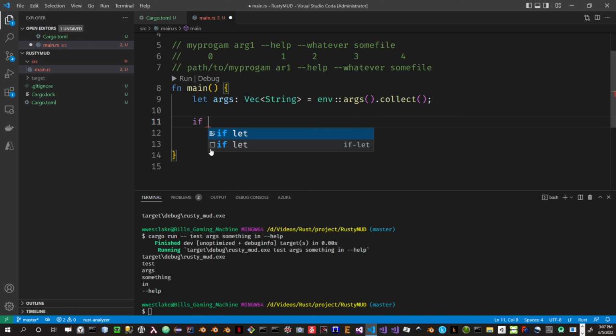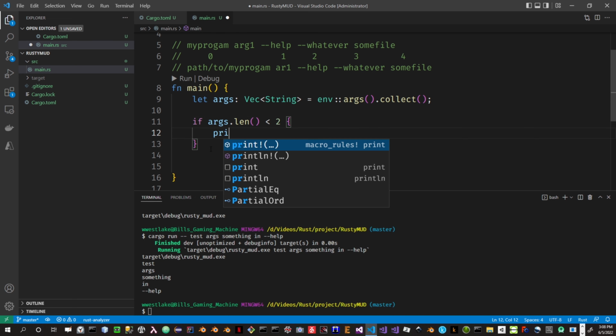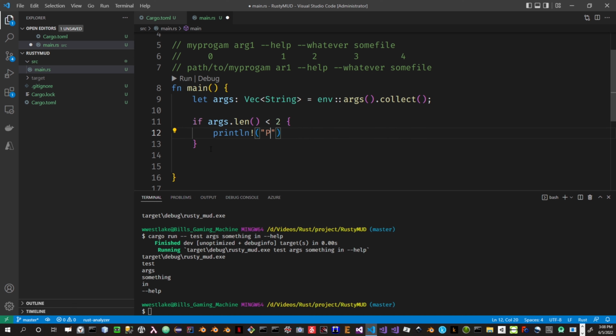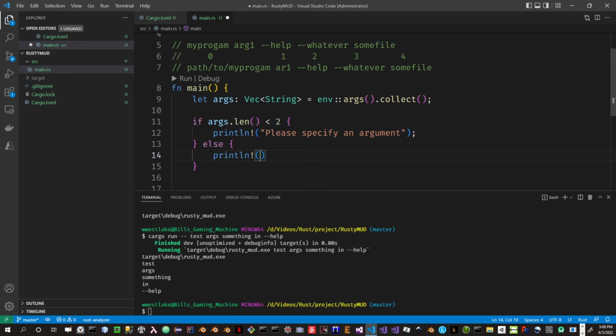We can say if args.len is less than 2, please specify an argument. Else we can say args dot